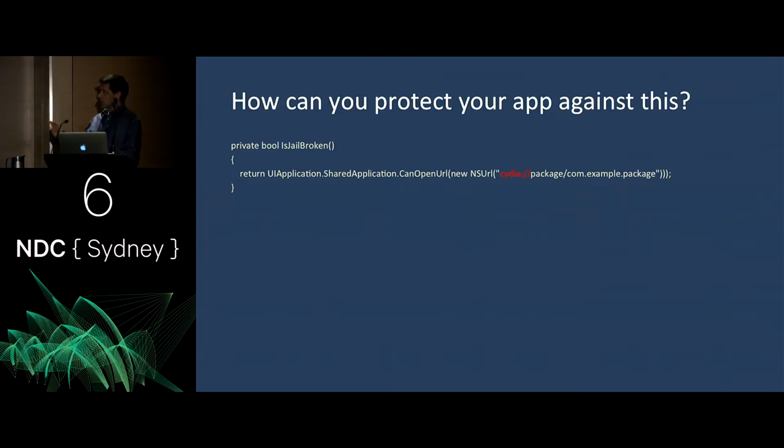So if I put that into that app and try to run it on this phone, it would fail. That would return false, which is great. What that won't do is stop Clutch from decrypting it. Won't stop me copying that decrypted IPA file across to the Mac, putting it into Hopper. Won't stop me searching for jailbreak or jailbroken, finding that method, changing it so it always returns false, and getting it to run on my phone.